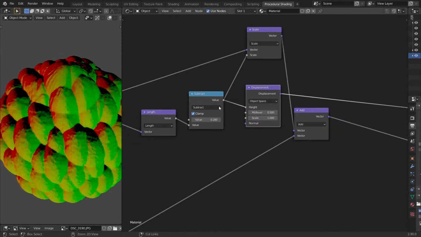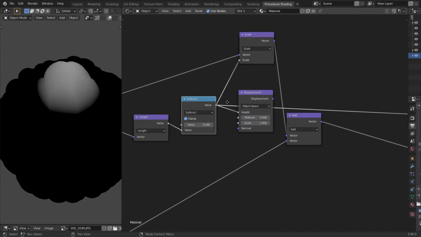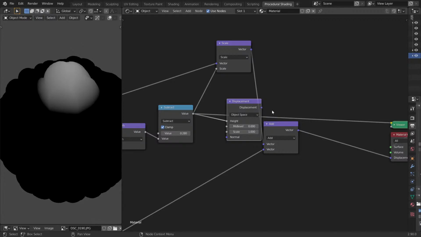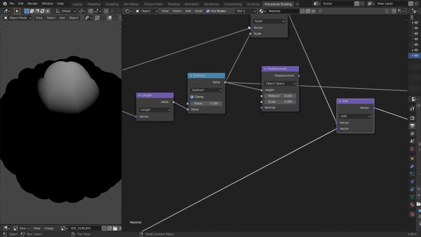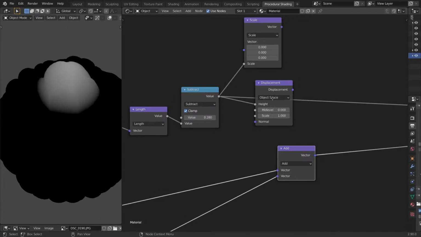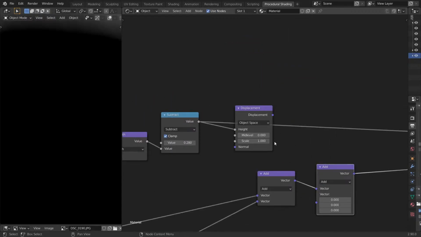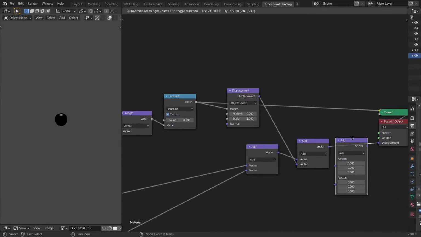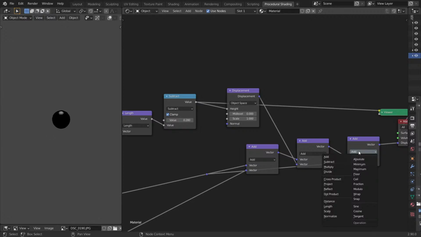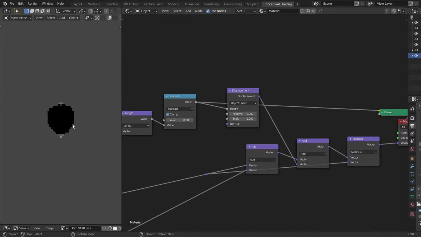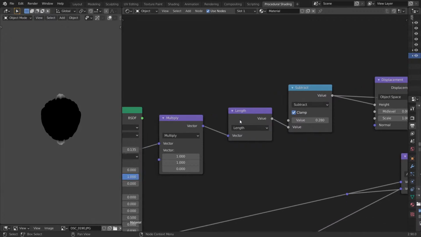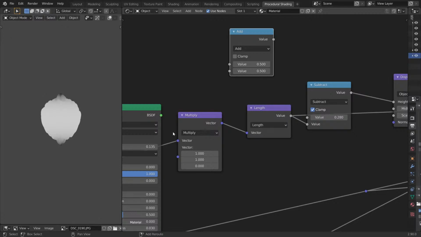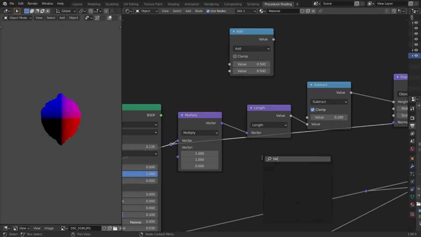And also I think there's one more thing I have to do. 0 stays there, so the mid-level stays 0, and let's add our generated coordinates and add our height map, and let's subtract our generated coordinates again. And I have to mask the bottom face of it, so let's take another math node. Let's take the z-axis gradient,